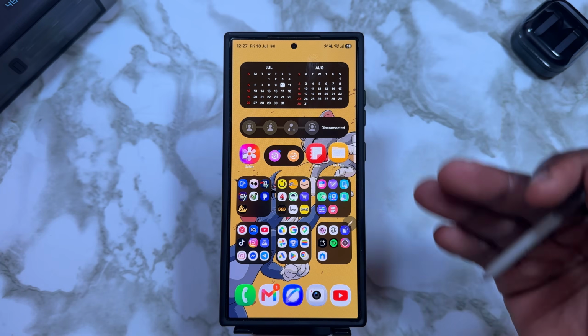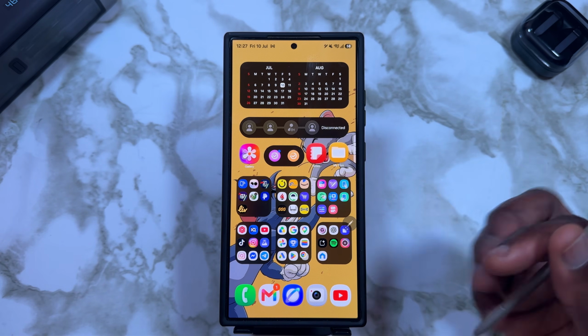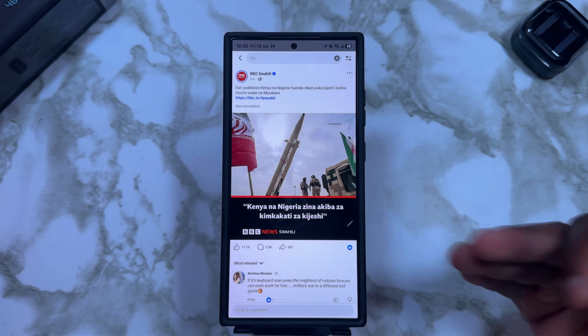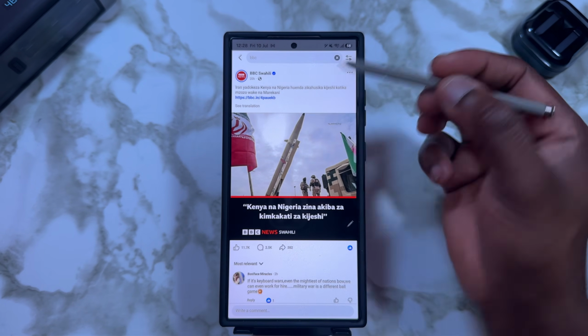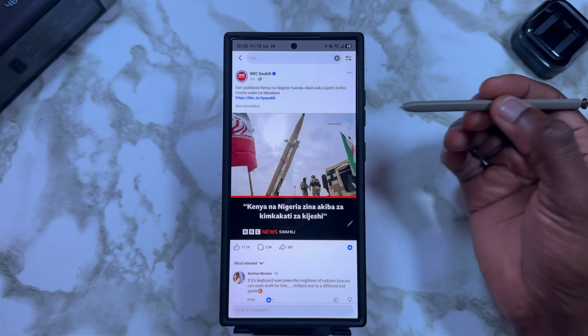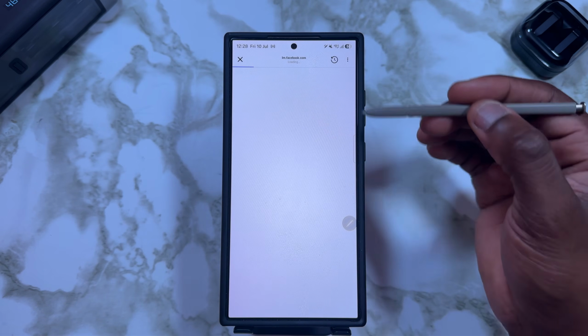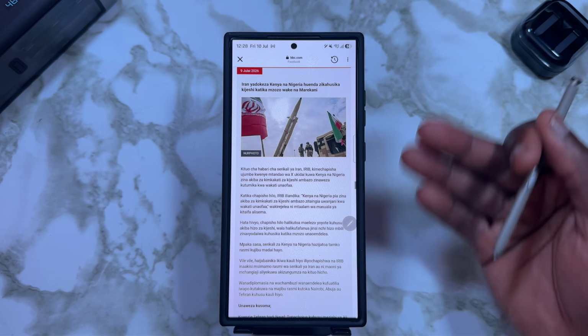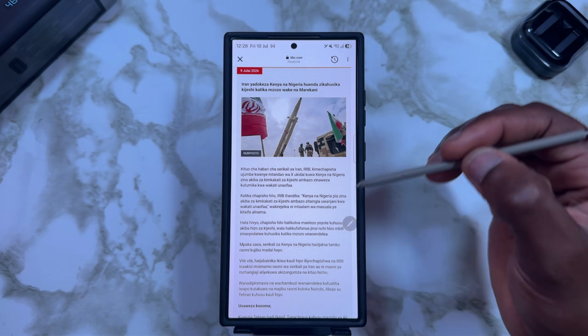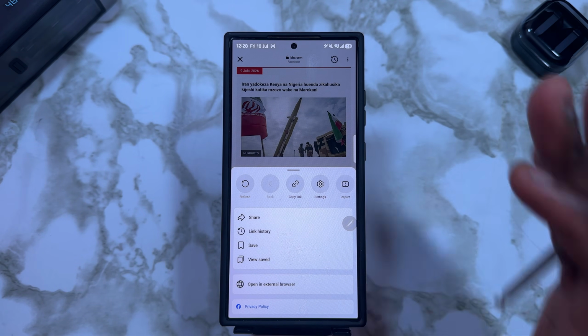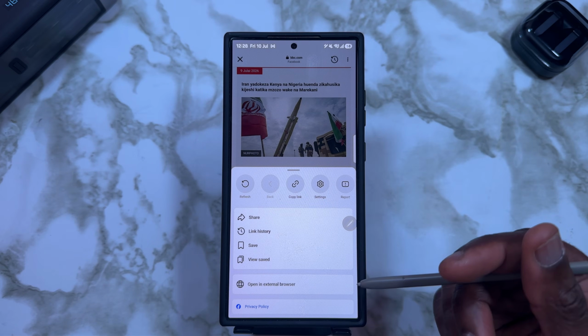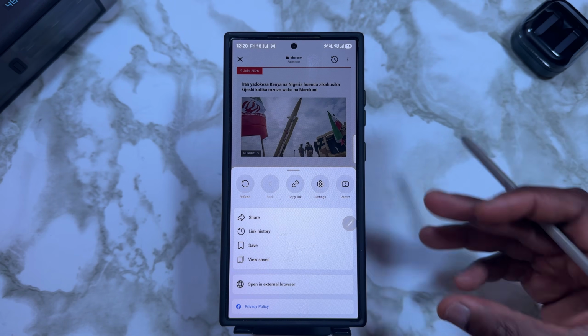Speaking of opening tabs in different spaces, this one is a game changer. Let's say you're here in Facebook and you have an article that you have seen, but there is also a link that you want to open. Usually you can just tap on the link and then it's going to open inside Facebook's dedicated browser. But whilst it's open here, you can tap on these 3 dots and then open in external browser. But wait, if you tap on open in external browser, it is actually going to be opening it in your